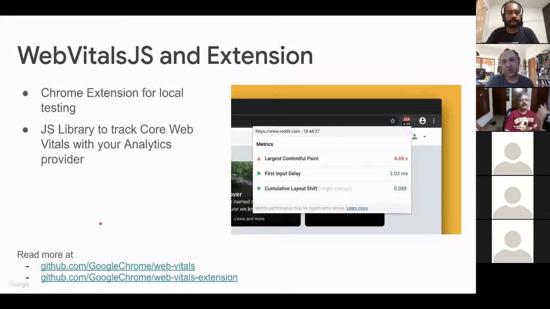I really like the Chrome extension, although it's a little distracting because the LCP keeps changing. The CLS keeps changing over time because things keep shifting as you scroll down the page or whatever. So you'll see it keep changing, but it is a really great way to quickly see these values for sites that you're visiting. And then we also have a JavaScript library that's available on GitHub that you can add to